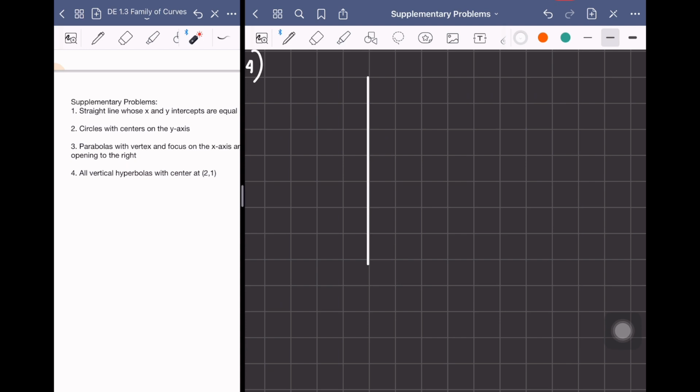Okay, so let's say this is 2, and then this is 1. So this is 2, 1. This is our center, and that's where our transverse axis passes through. It's vertical. The transverse axis passes through there, which happens to be vertical. So let's say this is it. If the transverse axis is vertical, that means